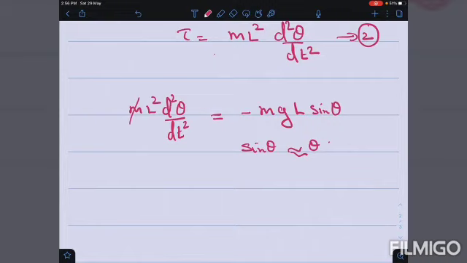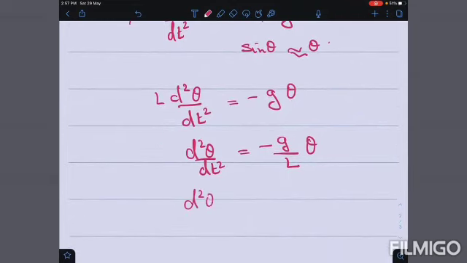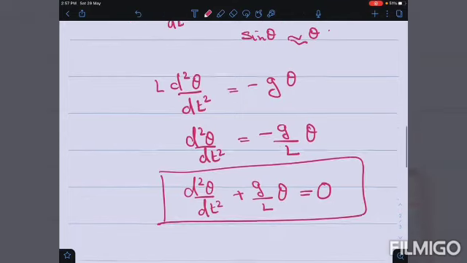You can see that m and m here cancel. One L and L also get cancelled. So you end up with L d square theta by dt square equal to minus g times theta, or, dividing throughout by L, d square theta by dt square equal to minus g by L times theta, or d square theta by dt square plus g by L theta equal to 0. So this is the equation. Now we will compare with the